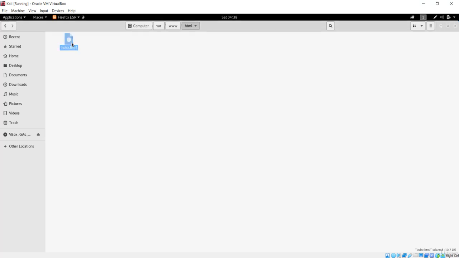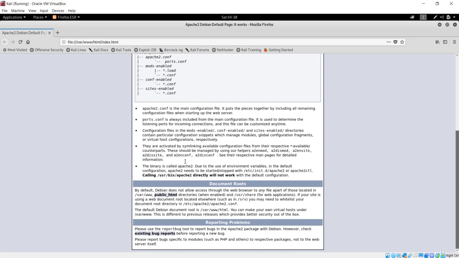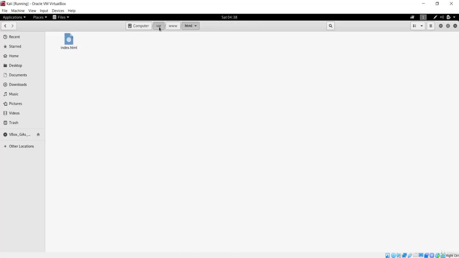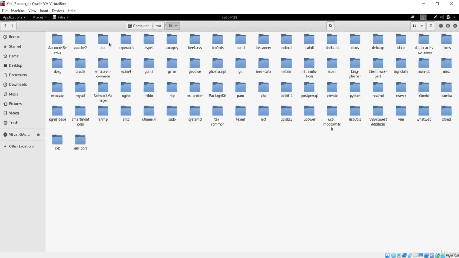So when I just open this page, it will open in the Leafpad, or basically in this Mozilla, and this is basically the page that is going to be executed in the browser if you just run this Apache server. So let me just go back and go to this var folder again, and you can see the library folder over here, which is the important folder, and this is all the services that come pre-packed in this Kali machine. So you can say we have a BeEF XSS over here, which is the BeEF framework.